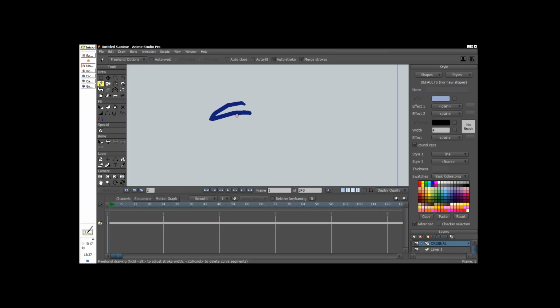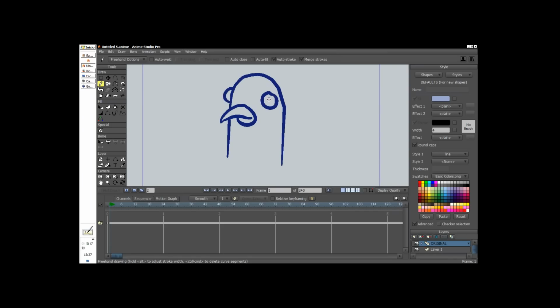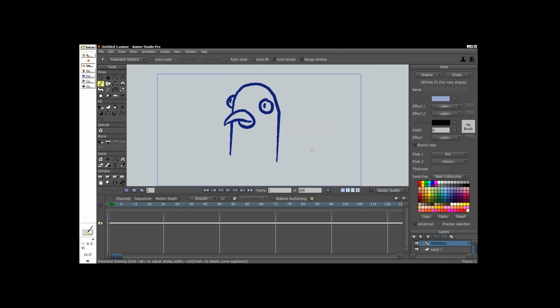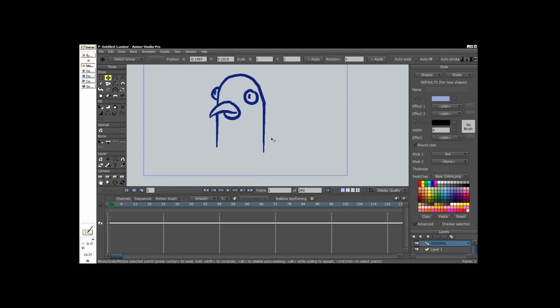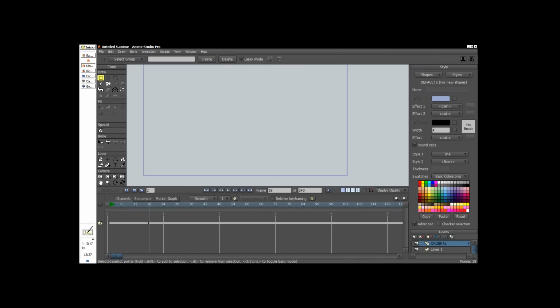So I will create a simple character here, very simple. I will create a beard. I have my very simple beard here, and I want to create a head turn. So, for example, I will go to frame 18 and add a new frame and turn on the onion skins, to know what I have to paint, and I will create the character turning